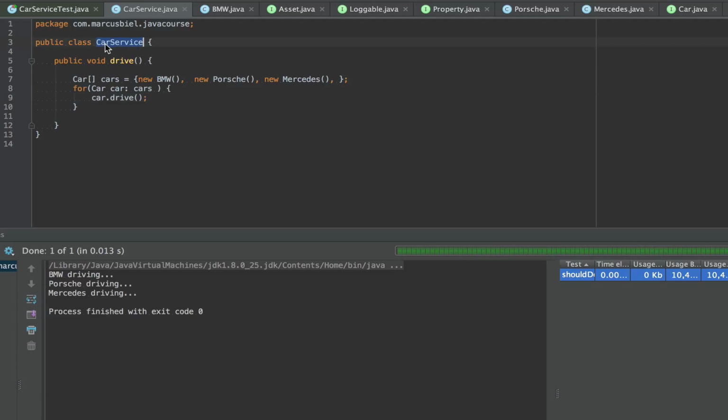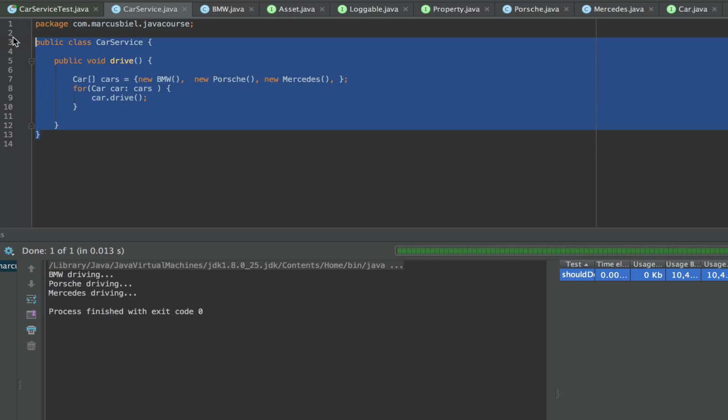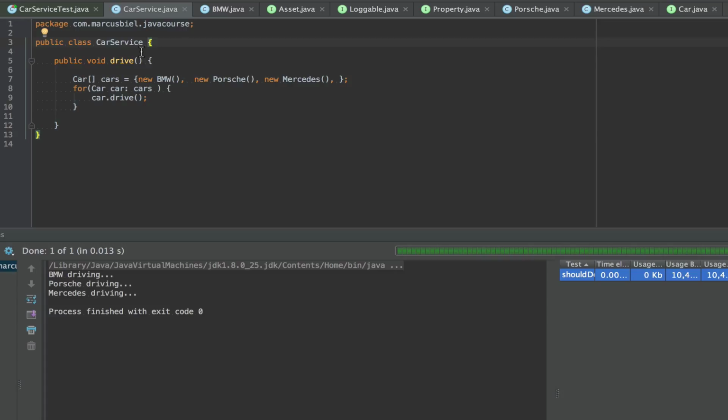But my car service at the moment does not implement an interface. Well, actually, this is kind of an exception to the rule. Most services should implement an interface. Very often this makes sense, specifically for testing, so that you can exchange the concrete implementation. Just here, in my example, it does not make sense because I just want to explain interfaces and I want to have it really short and neat and not too complicated. And I know I will only have this one class here for demonstration purposes, so why would I implement an interface here?